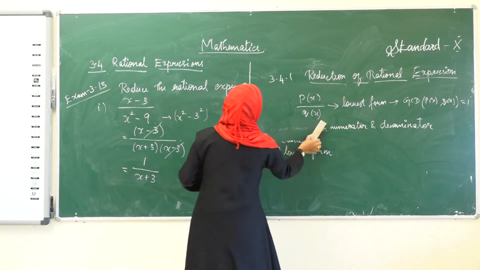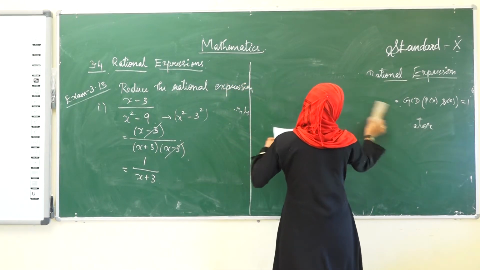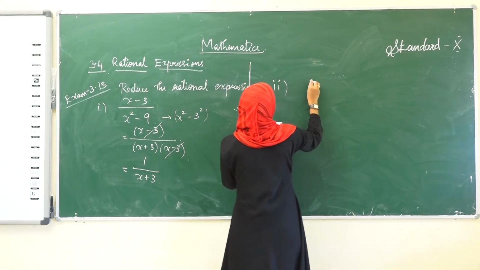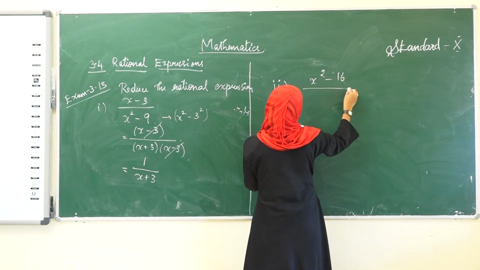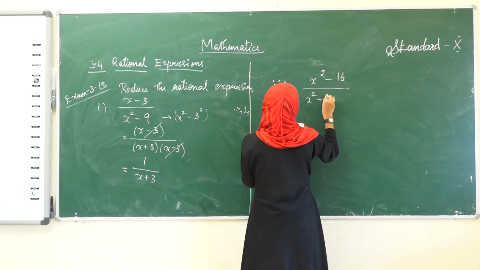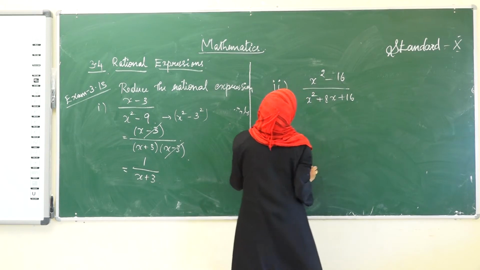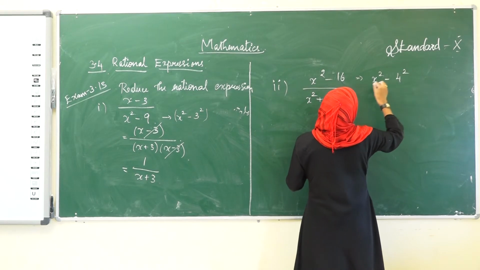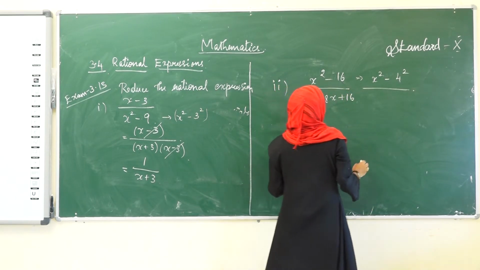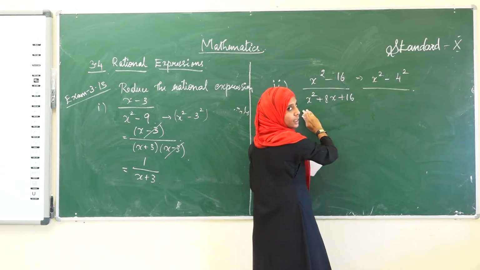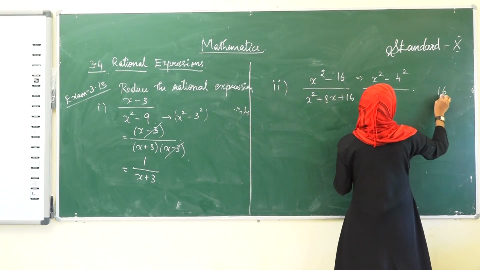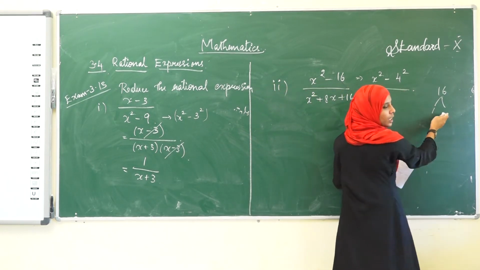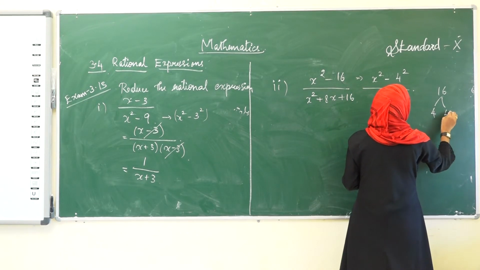Okay. Now the second subdivision. What's the second subdivision? Given in the example, x square minus 16 divided by x square plus 8x plus 16. Okay, see, this can be written as x square minus 4 square. 4 square is 16. We are going to factorize this. Divided by, see, this is the quadratic equation. We are going to factorize this 16. We should get 4. Sorry, 8 while adding the terms that we are factoring, right? 4 fours are 16.